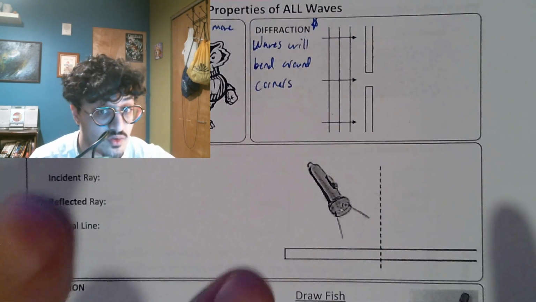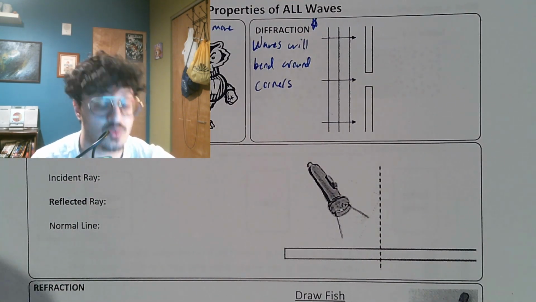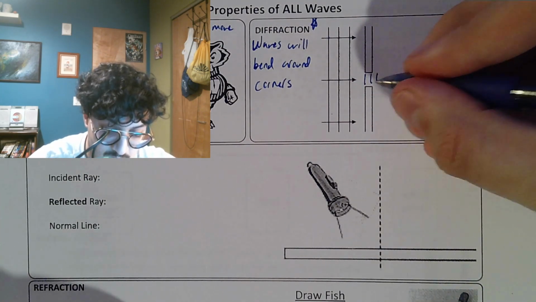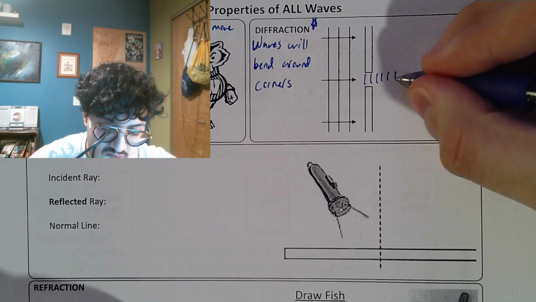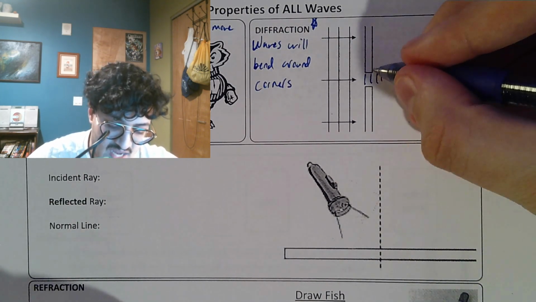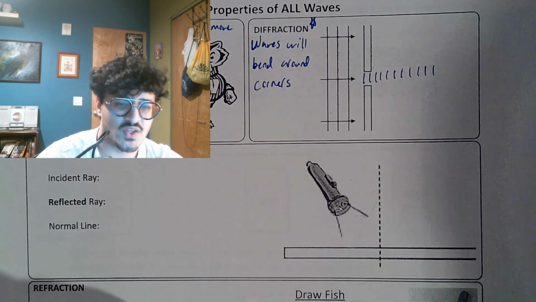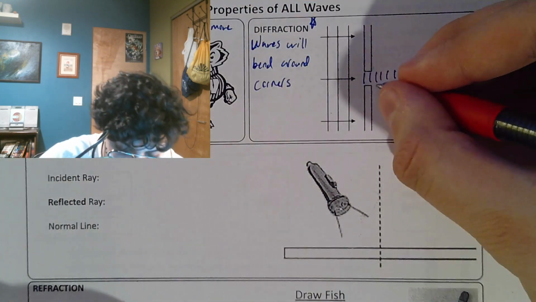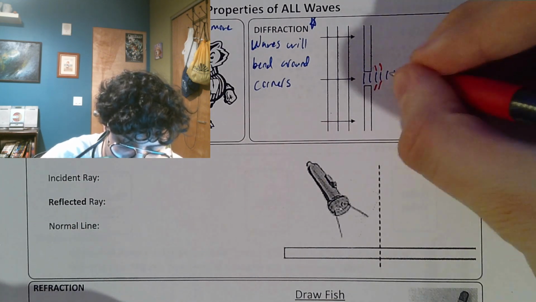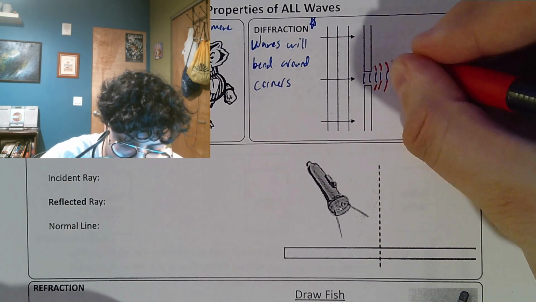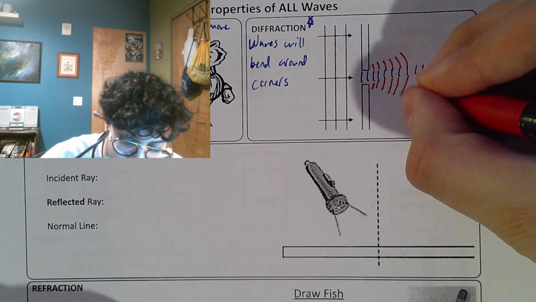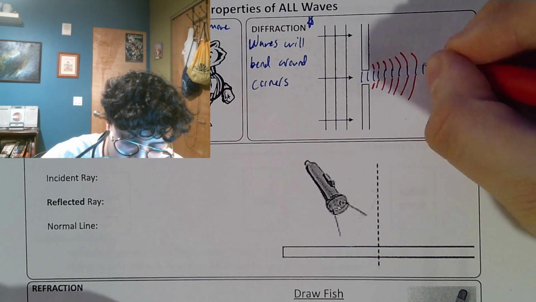So whenever we have waves coming into a corner, say the waves coming through here, they pop right out over here, and they're going. Note how they passed a corner here and here. Waves don't really let that stand. Waves will always bend a little bit around that corner. They will bend to extend out around that corner